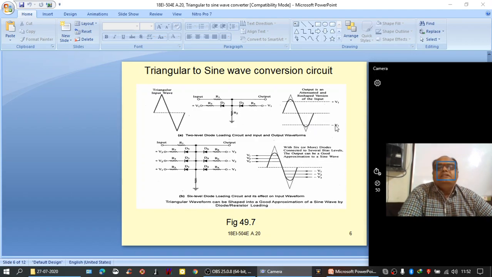Now what you can see here, the nonlinear portion is effectively erased in the triangular signal, and you can see the linearly varying portion, which appears to be almost like a sine wave signal. This is using a single diode. When we are using three diodes, for example, in the positive half cycle and three diodes in the negative half cycle, that means when we use this type of arrangement,